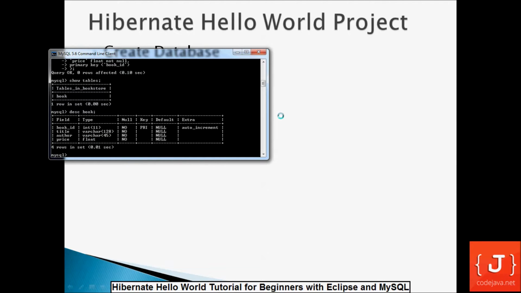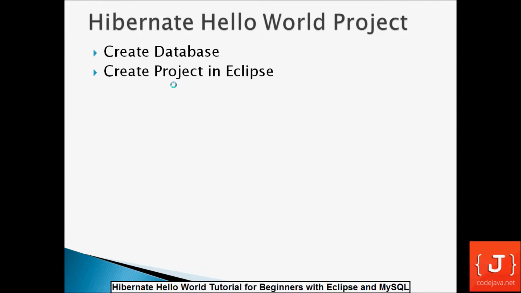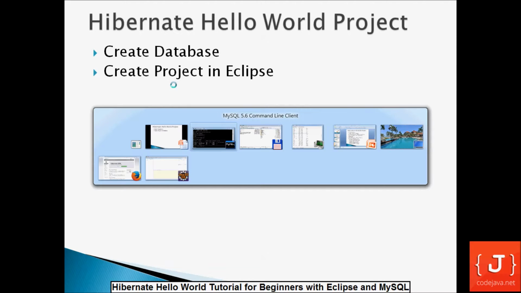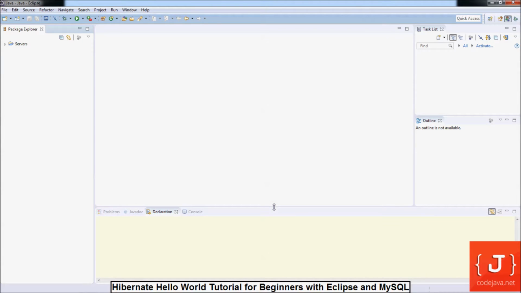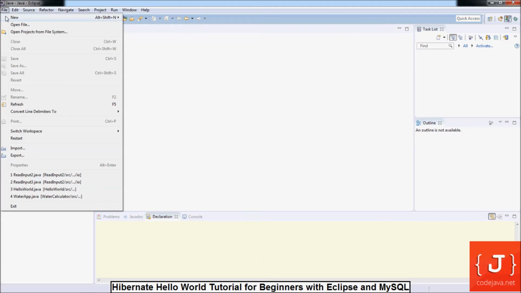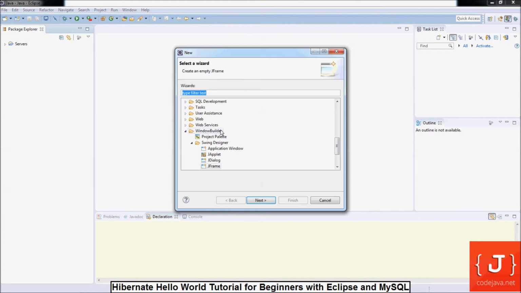Okay, so I have done the first step, which is to create a database, and the second is to create a project in Eclipse. Now I switch to my Eclipse IDE. Here's my Eclipse IDE, and now create a new project here by New, and choose Other to create a Maven project. Type Maven here, you can see, and select the Maven project and click next,